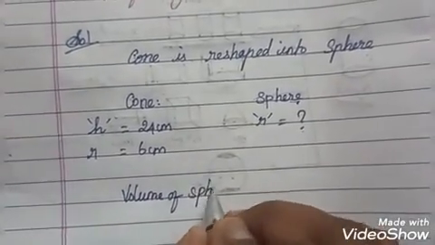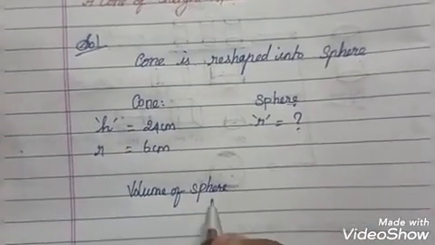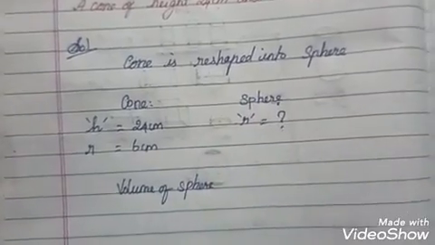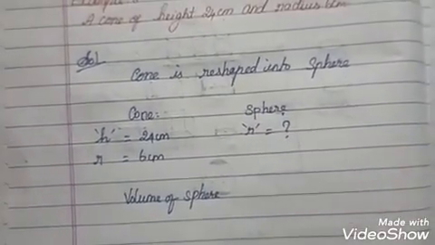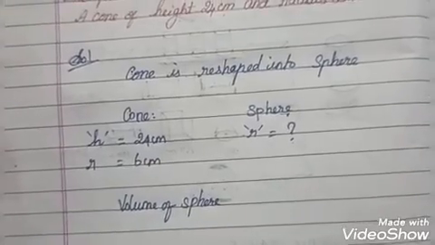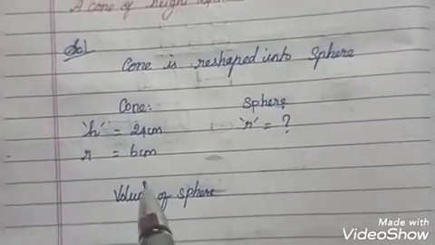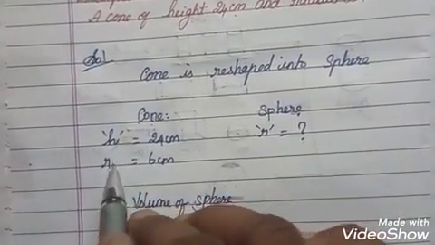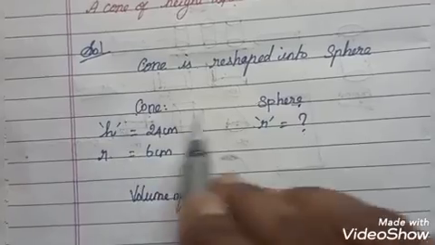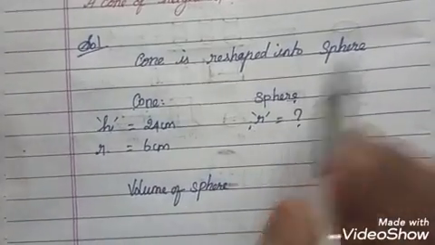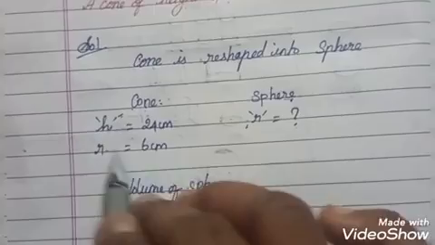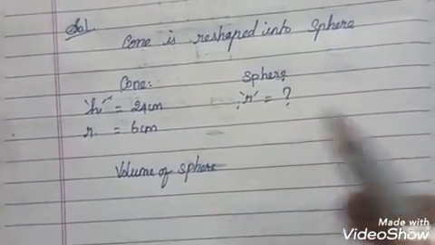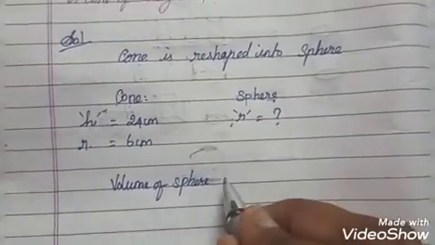So the basic concept: volume of sphere. Why do I take the sphere first? Here we need to find the value from the sphere. So listen, dears, whenever you need to find any value, keep that shape on the left. It is very easy to calculate. Here for the cone we have all the values, but we need to find the radius of the sphere. So first you take the sphere, it is very easy to calculate and transfer, which is equal to